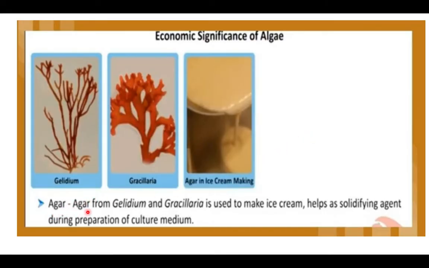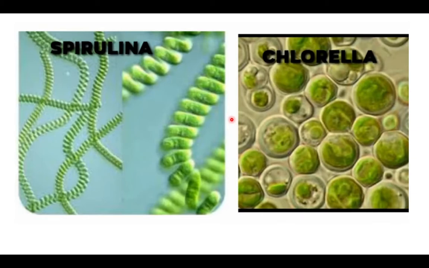Next, agar-agar. It is prepared from Gelidium and Gracilaria. It is used to make ice cream and also helps as a solidifying agent during the preparation of culture medium. So this is Gelidium, this is Gracilaria. These two are used in preparation of ice cream. And next,